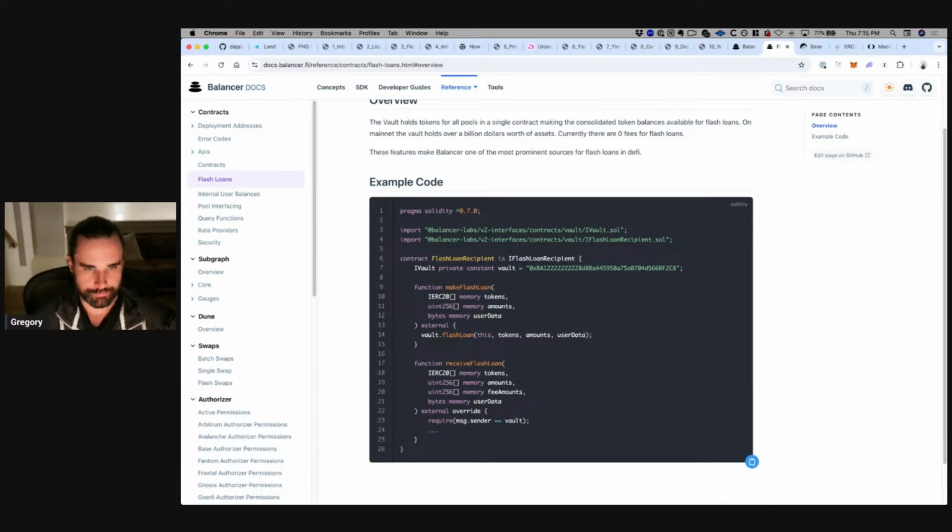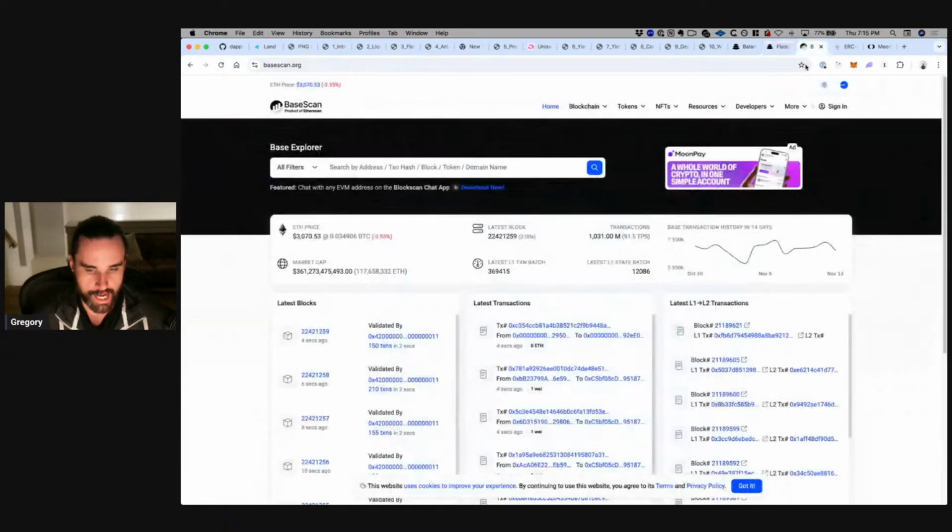So let's discuss a few other basics that we're going to cover tonight in terms of the technologies that we're going to use. I am going to do this on the Base blockchain tonight, okay? That's what we're doing our examples on. So what is the Base blockchain? Well, it is a layer 2 scaling solution for Ethereum, okay? So Ethereum is a blockchain. It's the number one smart contract platform, the number two market cap cryptocurrency. You probably have heard of Ethereum, obviously.